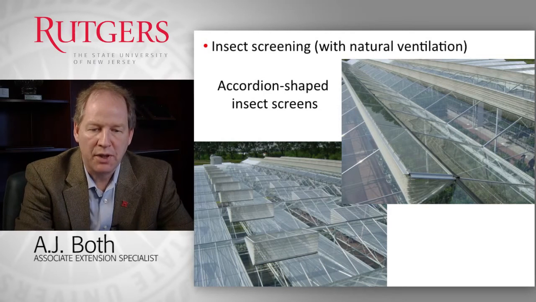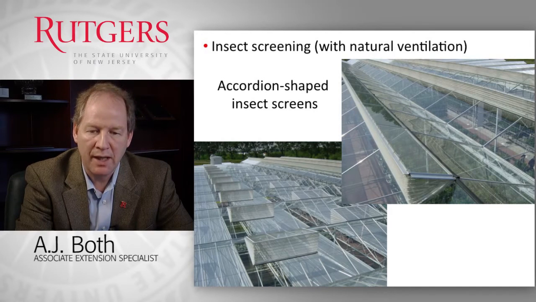This image shows some ventilation windows installed in the roof of a greenhouse. Again, these are naturally ventilated greenhouses. And if you look carefully, you see that these inlet openings are all screened with an insect screen. The insect screen is necessary to try to keep insects from coming into the greenhouse. However, the